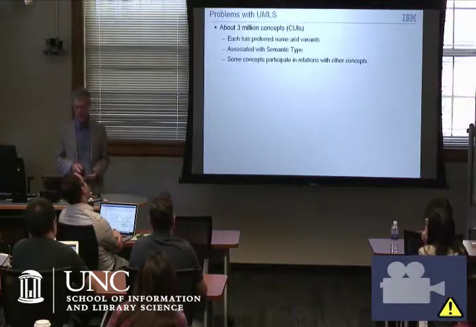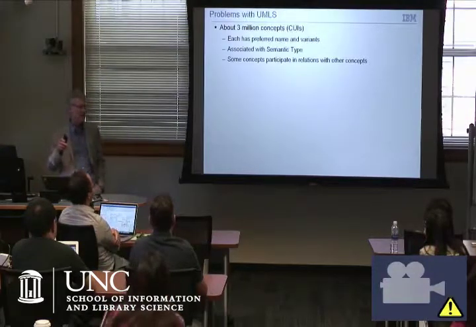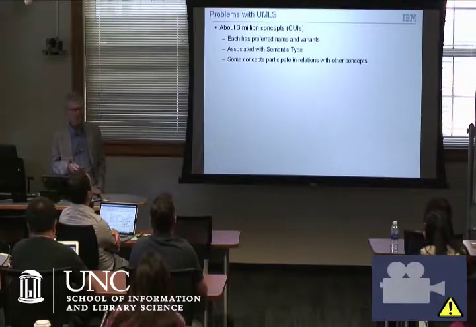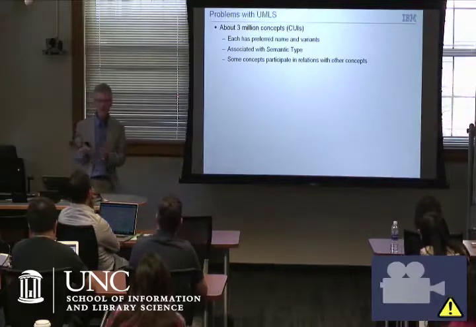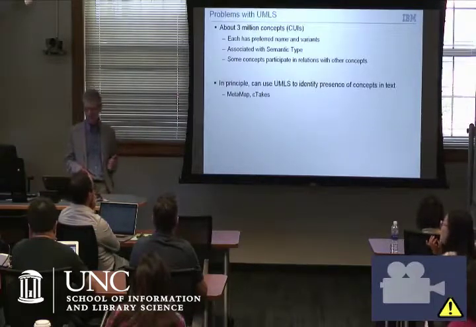So I mentioned that UMLS has some problems. The CUI is sometimes used as a synonym for the concept. It's the code. It's the letter C with 7 digits. You'll see a couple of these subsequently. It corresponds to the concept. Each concept might have some variants. If you've got high blood pressure or hypertension, sometimes they're variants of the same thing. And there are relations between them.